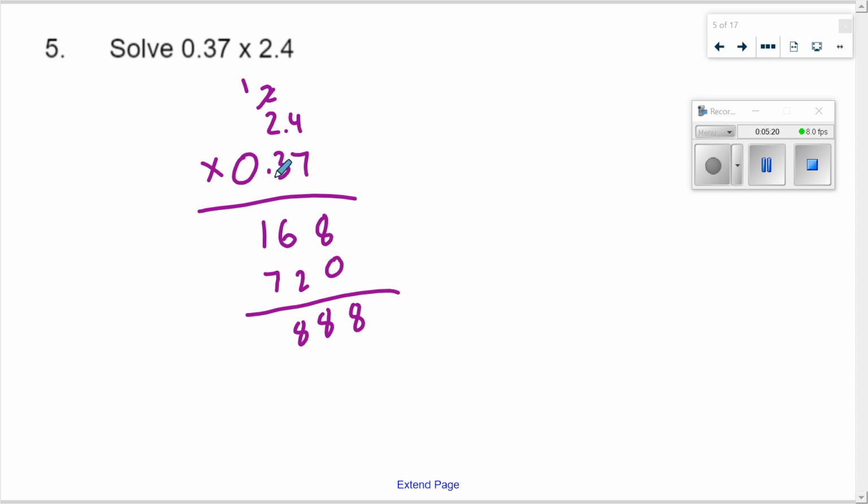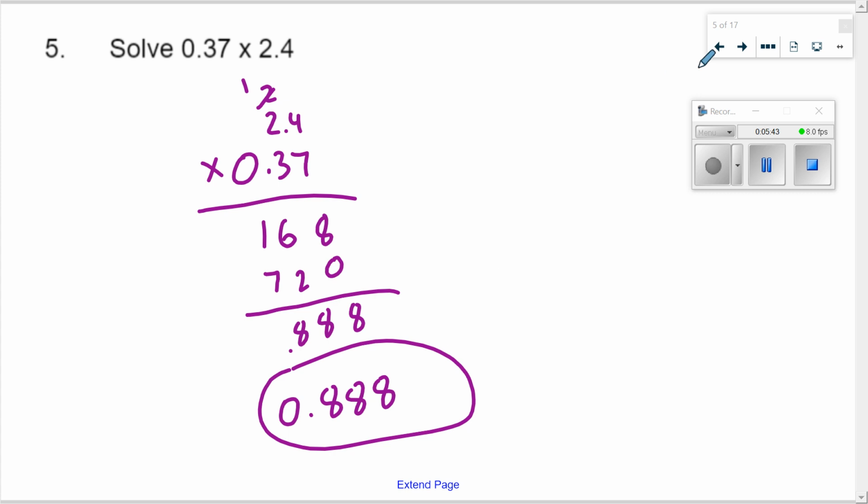So 3 decimal places. Sorry for the comments on the PA behind me. So 3 decimal places, 2 up here, 1 up there. So 1, 2, 3. We put the decimal point right there. So it's 0.888